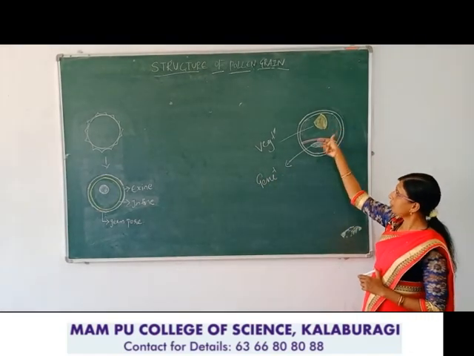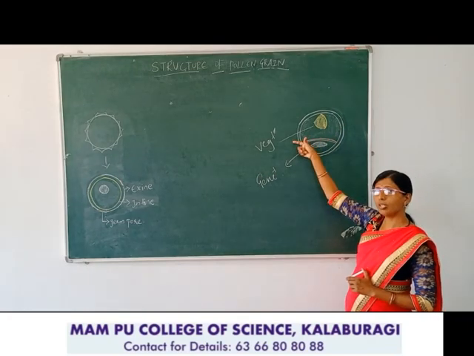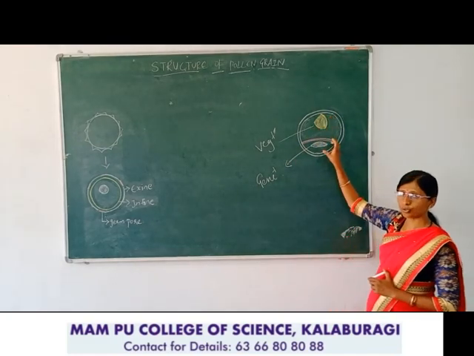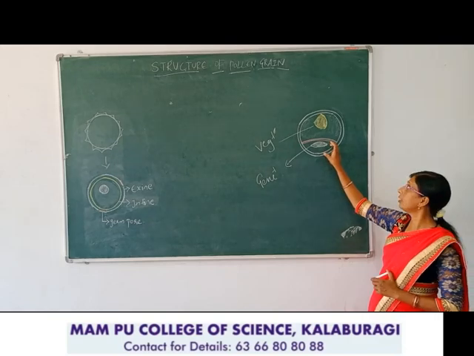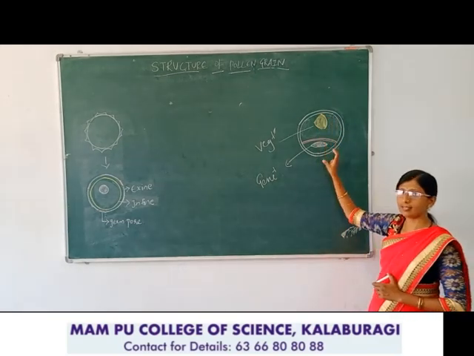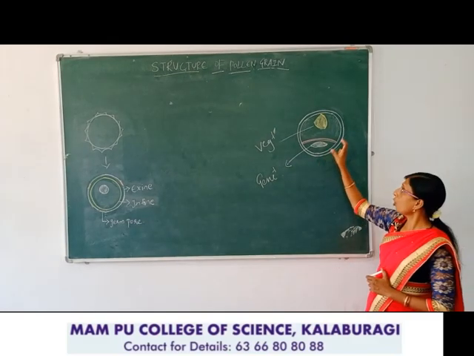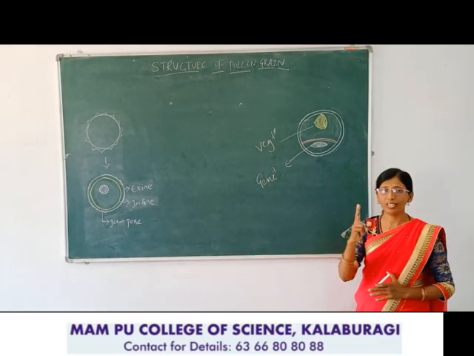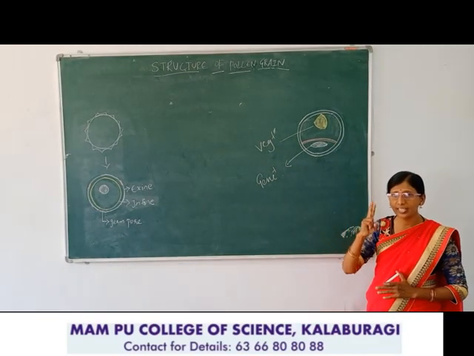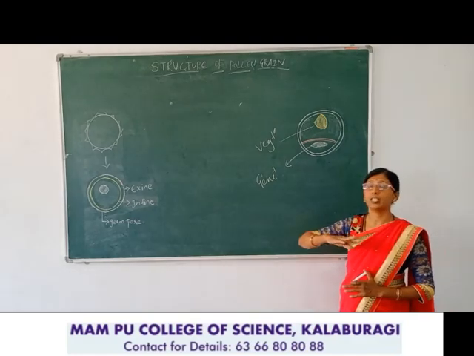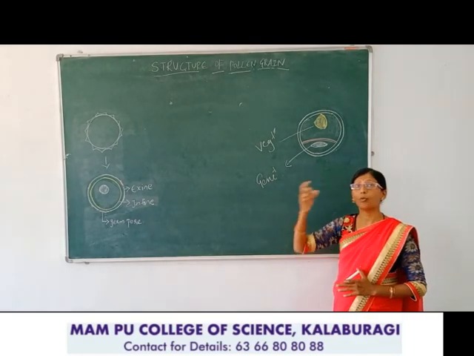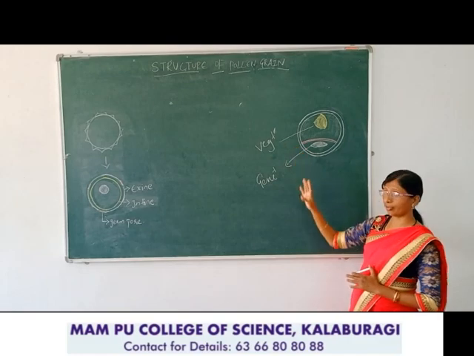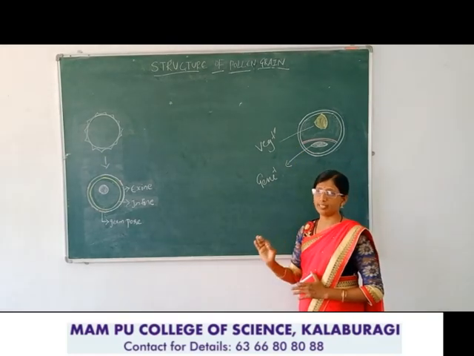Vegetative and generative. The vegetative cell is also called the tube cell and the second one is the generative cell. The vegetative cell is bigger in size and the generative cell is smaller. The vegetative cell has an irregular shape and the generative cell is spindle shaped. When pollination takes place, the pollen grains, when they are shed and sit on the stigma, have only two cells, the vegetative and generative, in 60% of the plants.